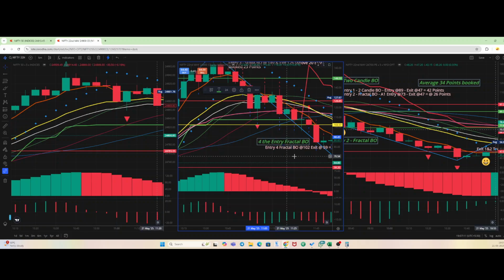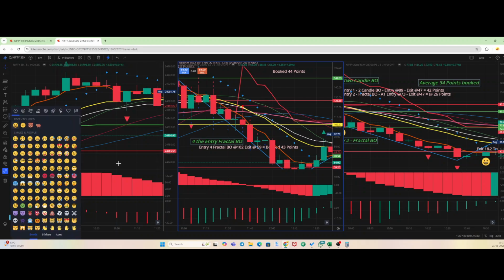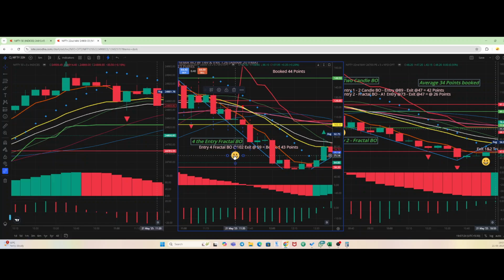Fourth entry is the fractal breakout. You can see here, this is the area, full indicator support is here. So what we entered here, this yellow line you can see here, below this fractal bottom, at 102 we entered. Then afterwards, this is all two candles only, red, green only, so we are not changing